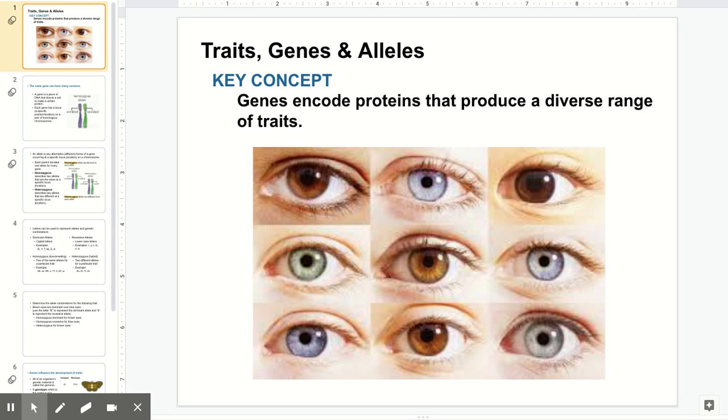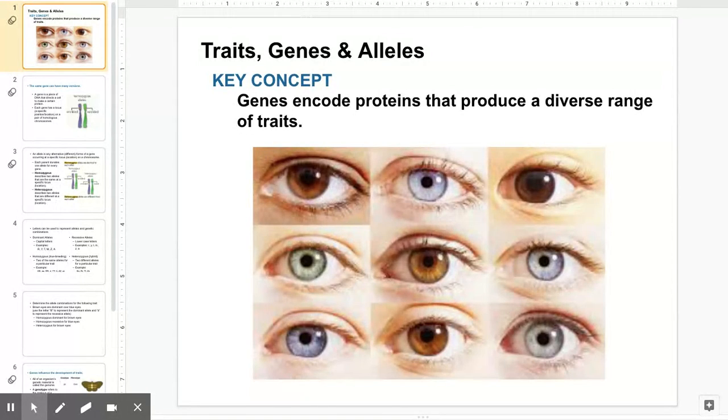Hi, in this presentation, we're looking at really the bulk of the genetics vocabulary, and we're connecting those terms in addressing the idea of traits and their connection to genes, little segments of DNA, and alleles, which are different forms of a gene. And I love this picture here, because as much as we're going to learn about Mendelian genetics and eventually do Punnett squares and predict genetic possibilities and outcomes, the reality is there are many ways